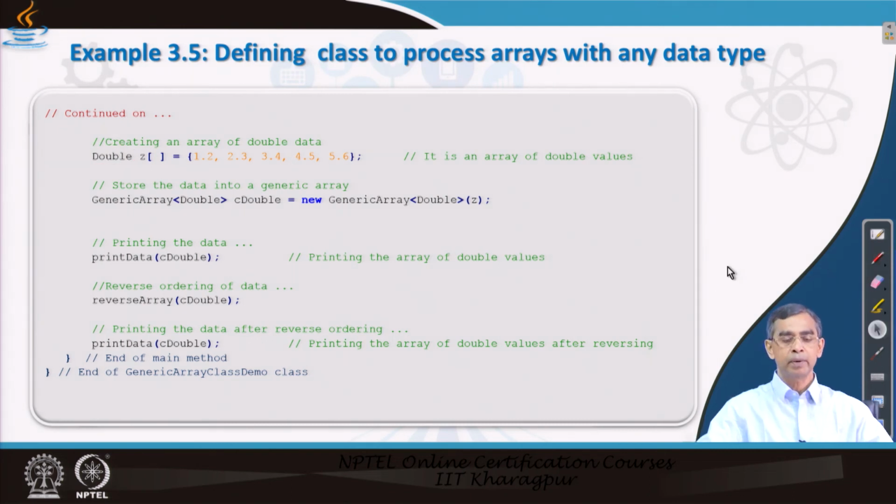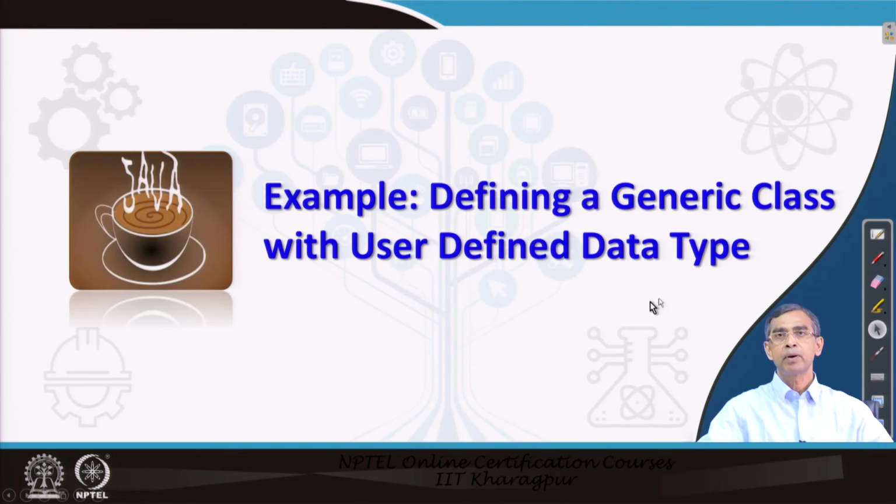Okay, fine. So, we have learned about how the generic class can be declared. We have also learned about how the generic class with an array of any type can also be controlled. Now, the next example that we should learn about is whether the same declaration is valid for any data type other than the conventional numbers data type or string data type.